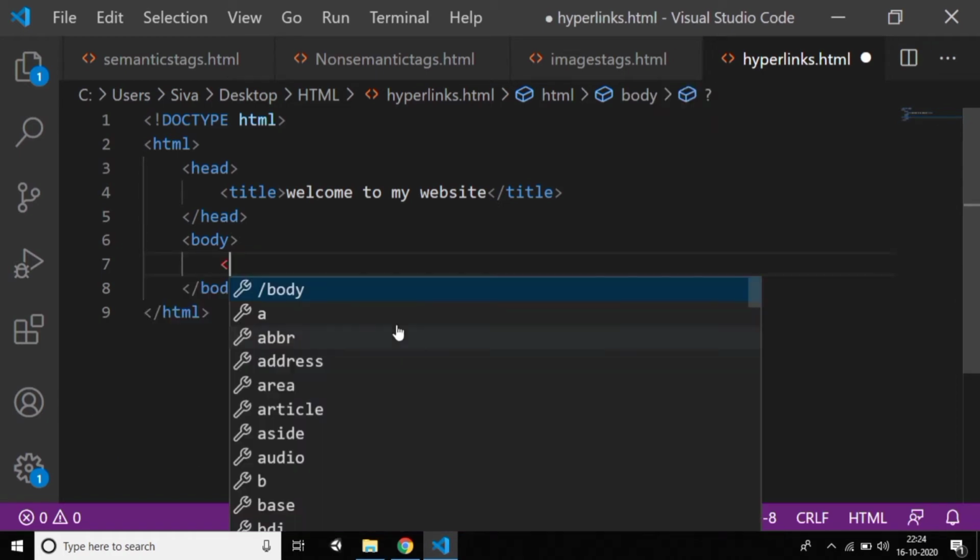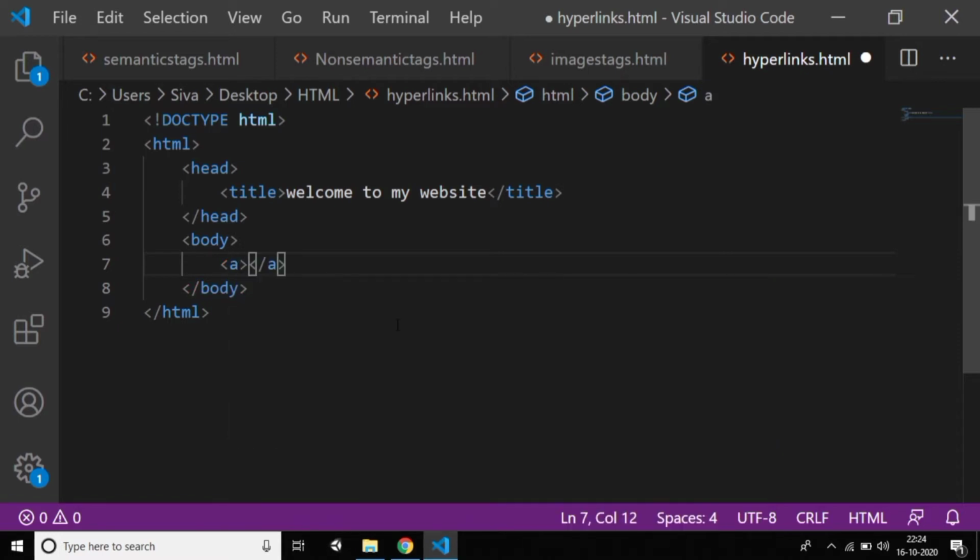Here we have a tag called a. The a tag can also be called an anchor tag. Some people call it an anchor tag also. We have a tag for the hyperlink which is called a. In that I'm giving my YouTube channel. This is the text I'm giving. If I click my YouTube channel, I want to open my channel link. This is my task.